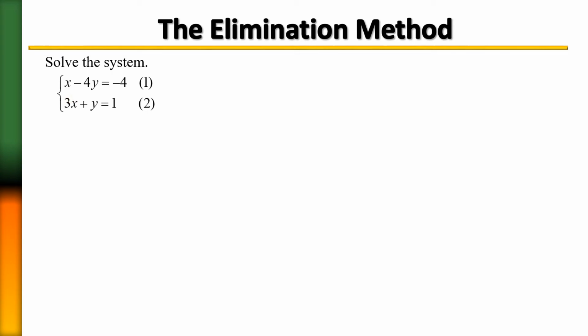And that's the other thing I forgot to mention, is that when we're using this method, you must always line up your terms in order, x, then y, and then the number by themselves. That's the reason why you put it in standard form, because recall, when adding polynomials, you can only add polynomials that are like terms. So that's why you line them up with their like terms. So